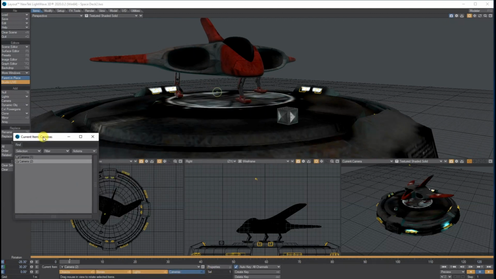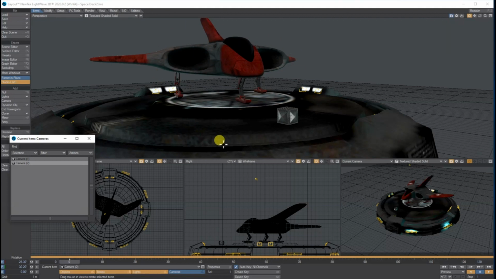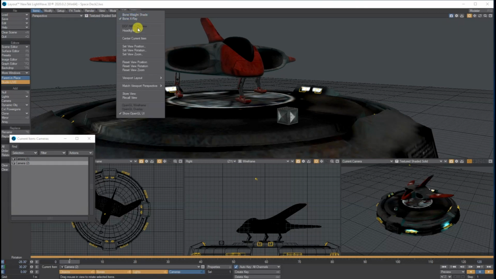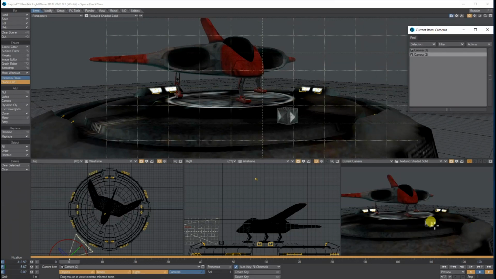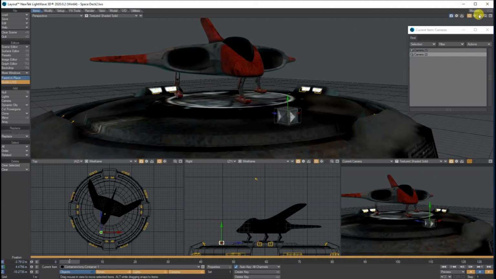So what I want to do is make this shot here, which looks nice in my perspective view, my camera shot for my second one. Under this little drop down here, under your perspective, you go down and it says match the viewport perspective to the selected camera, and when you press it, it will move the camera into the position that the actual perspective is in. So you've got the shot, so you don't have to move it around and find it, which is pretty cool. So I've got that shot now.